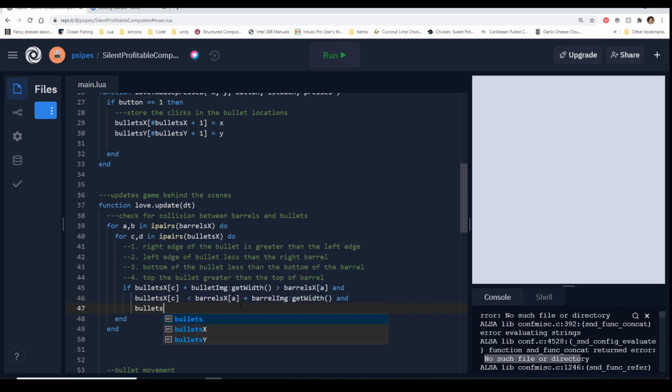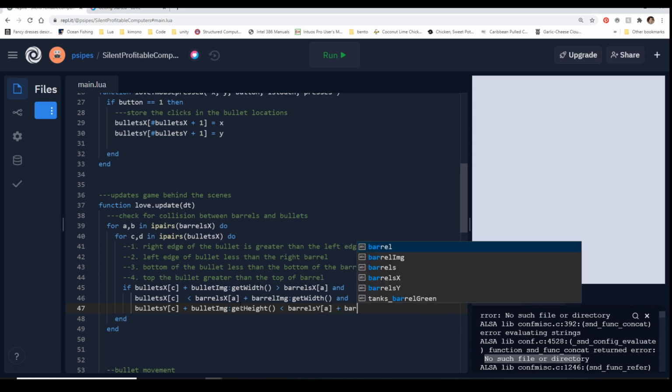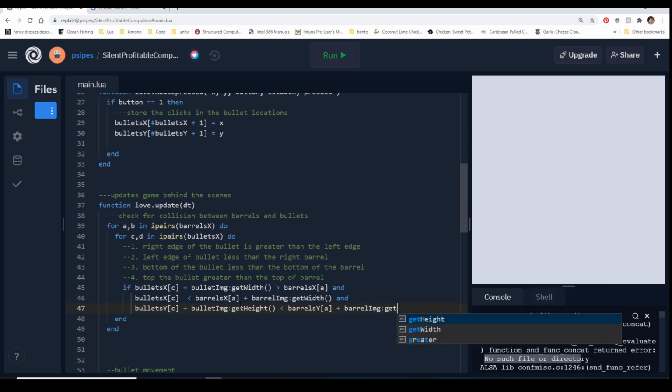now we're going to switch over to our y values. So bullets y c plus, remember this is going to check the bottom of the bullet, so we're going to say bullet image get height, and now our logic says bottom of the bullet is less than the bottom of the barrel. So to do that, we're going to be less than barrels y index a plus barrel image get height